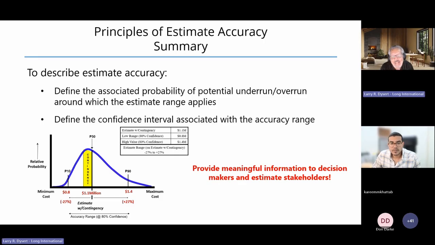So doing that helps because otherwise we're just not going to capture adequate tail risk with a normal triangular